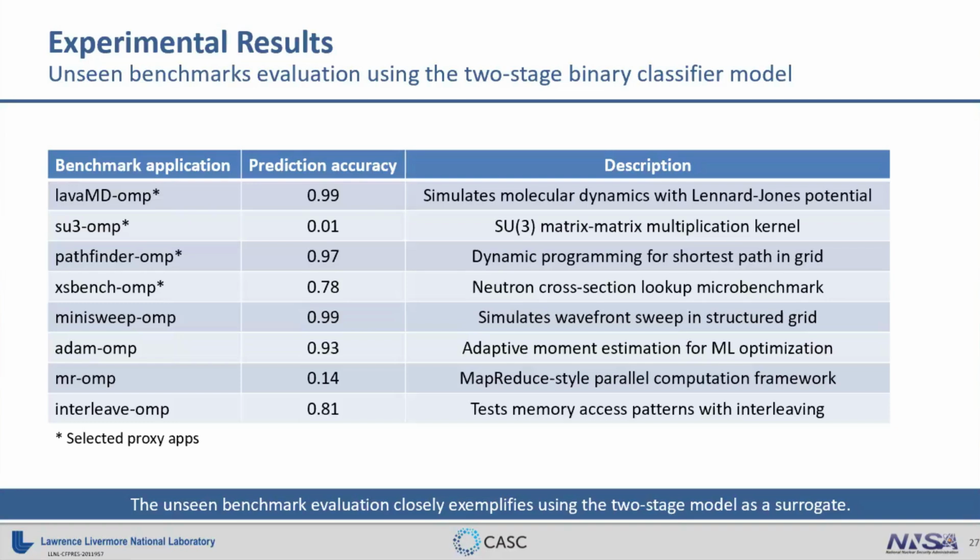And in the case of Su3 and LavaMD, only 1 test sample in one of the actual classes. So those situations have a severe class imbalance, which leads to degenerate predictions. So as you can see in Su3 and LavaMD, this can be either good or bad. It simply depends on if the stage 1 model accurately predicts the application's performance distribution